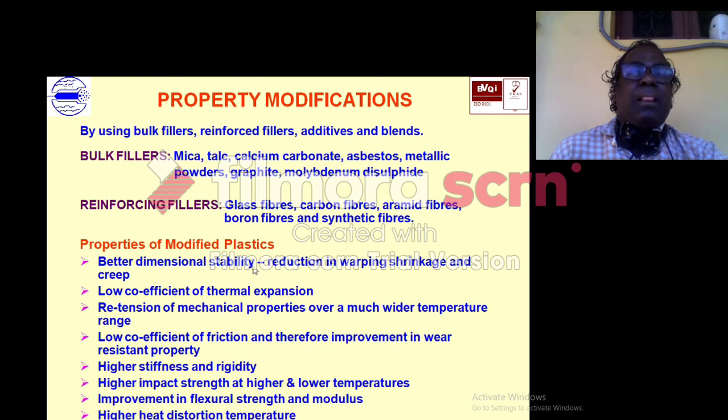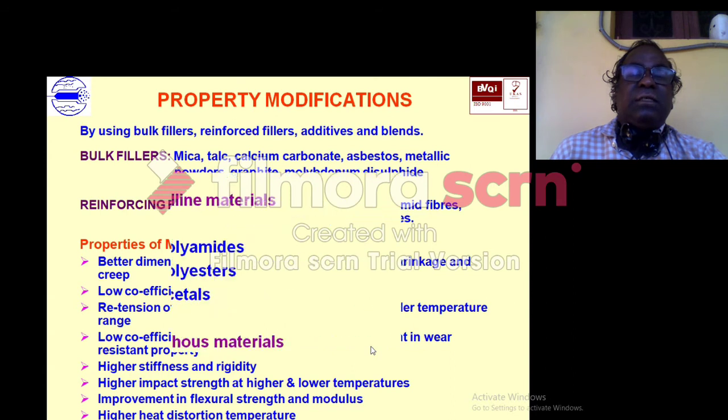That is, shrinkage or expansion will be very low. Then low cost, low coefficient of thermal expansion, and retention of mechanical properties over much wider temperatures. Also low coefficient of friction, higher stiffness and rigidity, higher impact strength at higher and lower temperature, and improved flexural strength and modulus.